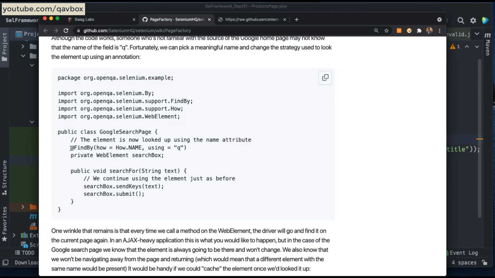Okay, so as you can see here, the annotation is @FindBy. They're giving you one option where it is giving FindBy. By using this FindBy, you can use any locator strategy we have in Selenium, like name, ID, XPath, CSS selector and everything. So you just need to write two lines of code where you specify @FindBy, and then the locator strategy you are using and the actual locator value.